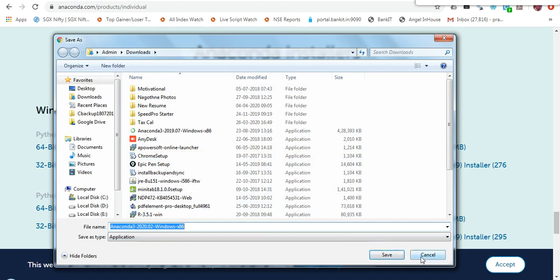But this installer has already been downloaded in my system, so I am not going to download it again. I will show you something related to this file, Anaconda 3 2020, something like that, Windows x86.